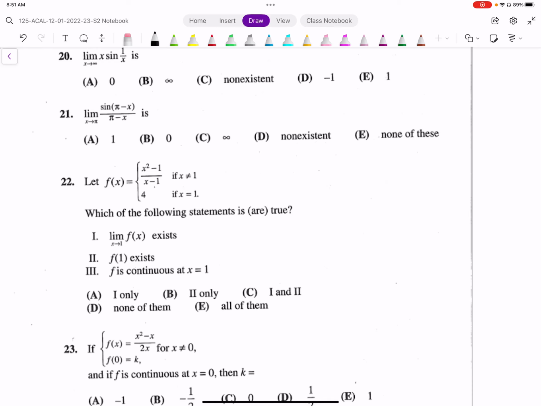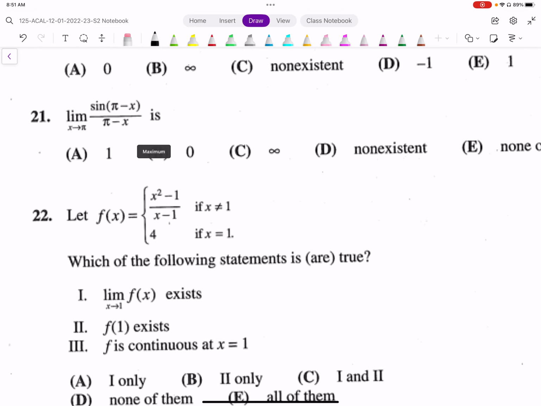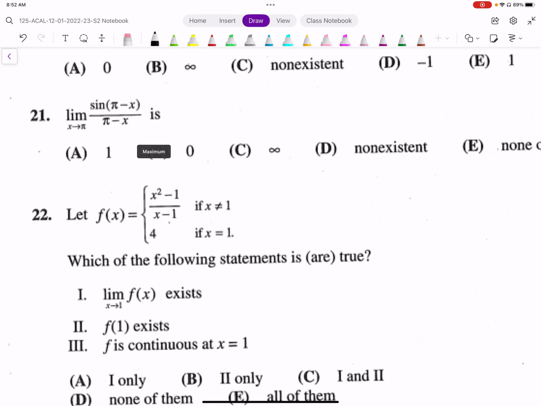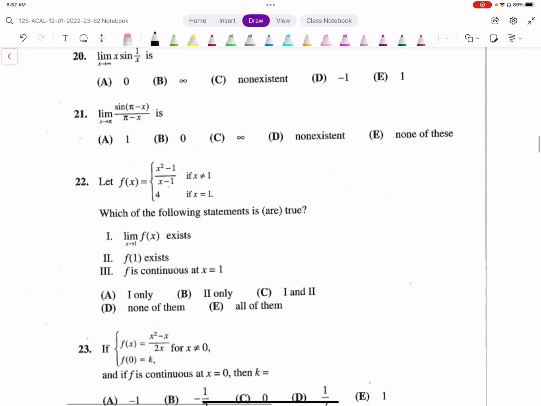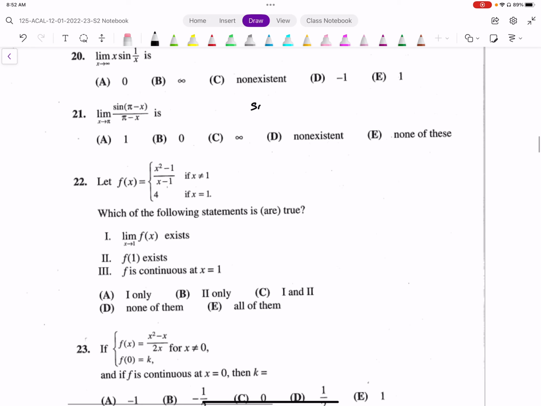For question number 21, we have the limit as x goes to pi of sine of (pi minus x) over (pi minus x). Essentially what's happening is if we plug it in, we're going to end up with sine of pi minus pi, which is 0, over pi minus pi, which is 0. So we're going to end up with sine of 0 over 0, and the limit of that is going to